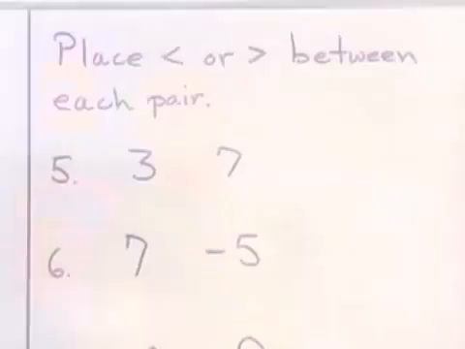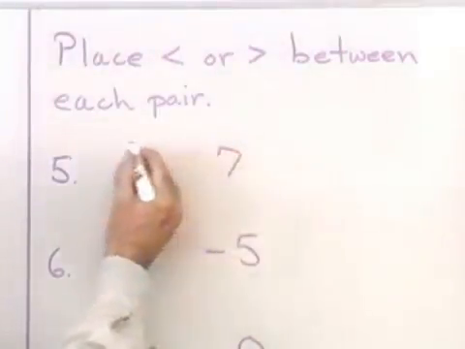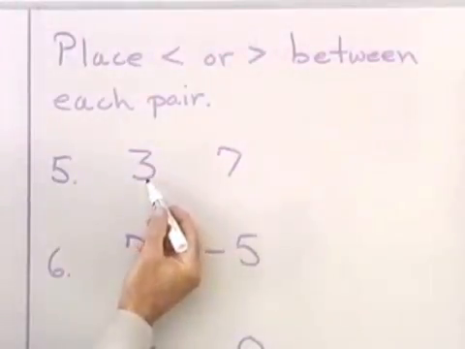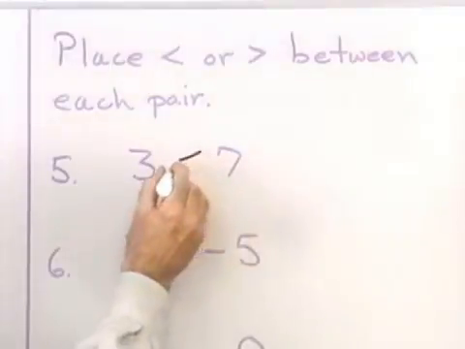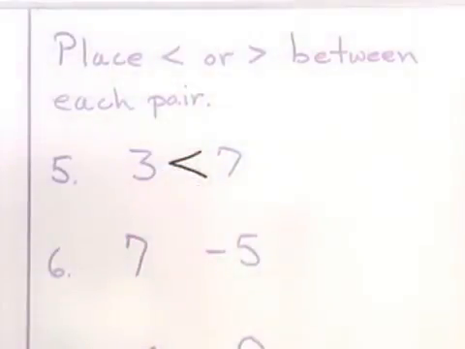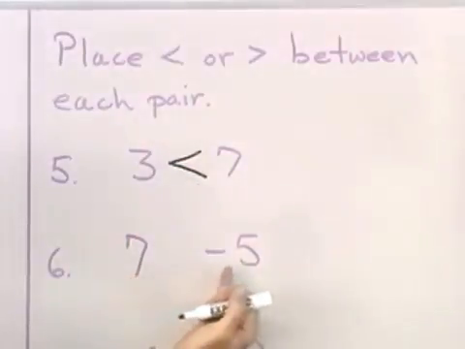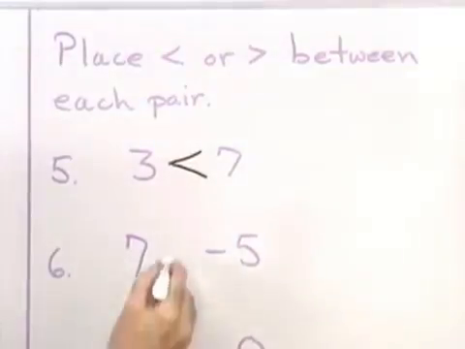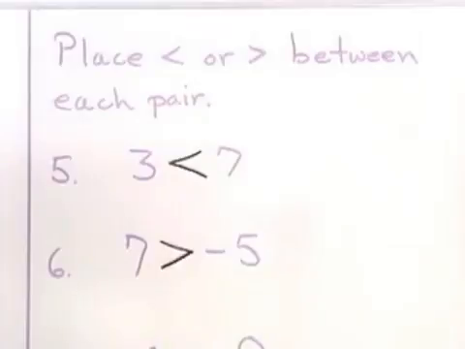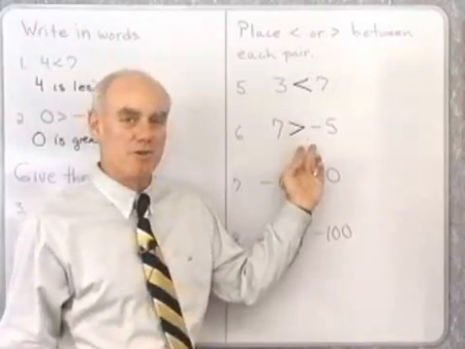Here's our next problems. We want to place a less than or greater than symbol between each pair of numbers, and we want to do it so that the resulting statement that we get will be true. All right, comparing 3 and 7, 3 is a smaller number than 7, so it's going to point in that direction. Comparing 7 and negative 5, negative 5 is to the left of 7 on the number line, so that will be